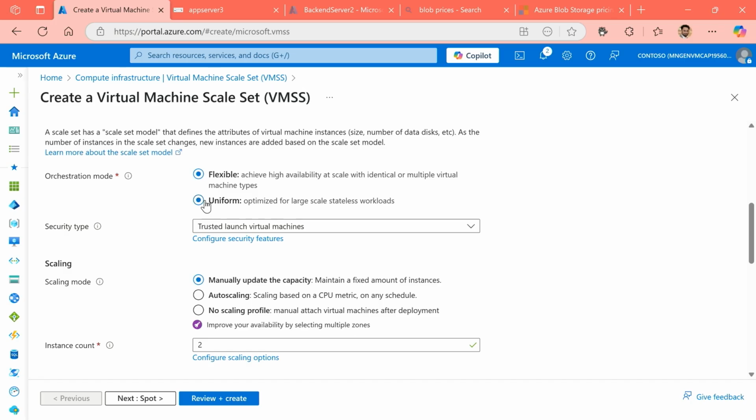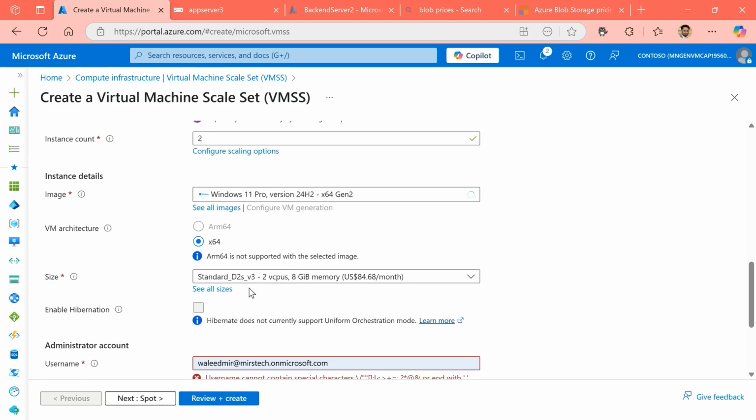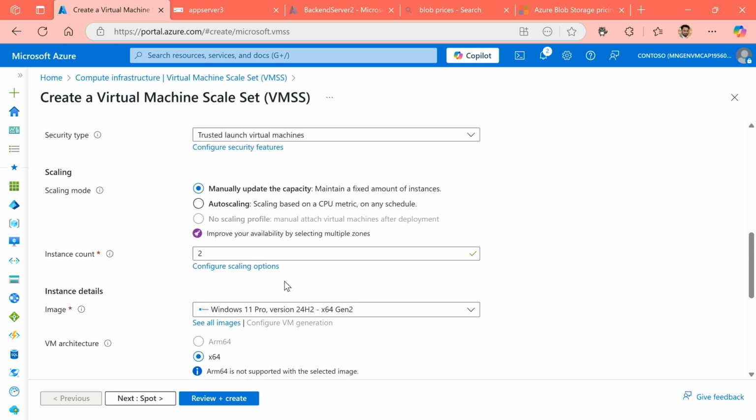Now, if I change that to uniform, those options disappear simply because I can only have one main machine that I'm defining and how it should look like. As and when the need increases, it will simply start scaling out. Or if I'm doing a manual scale, then I keep on going adding these into the backend as my resource. Or if I want to bring them back in again, I remove some of them.